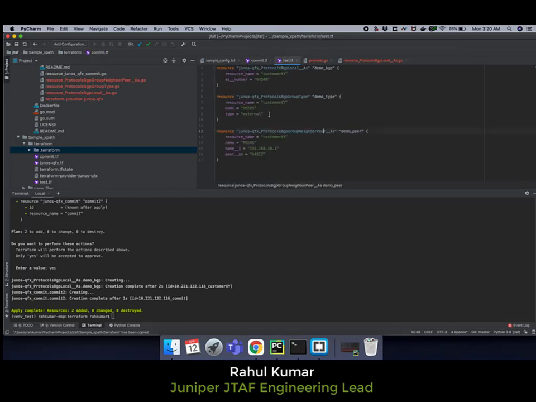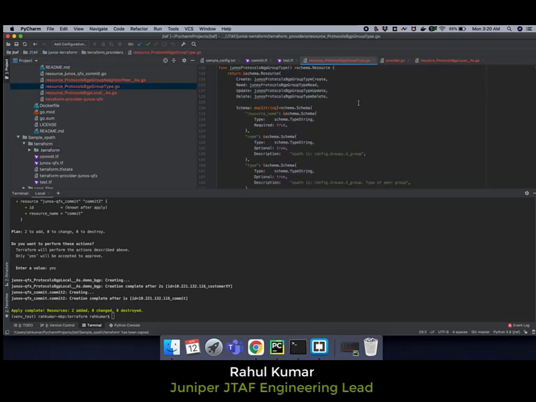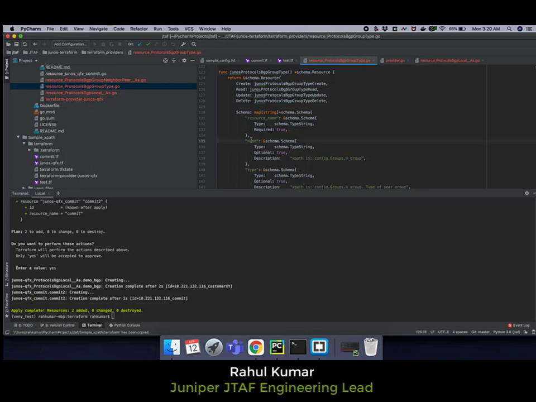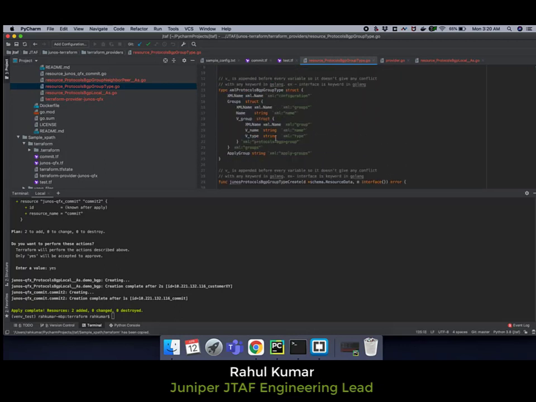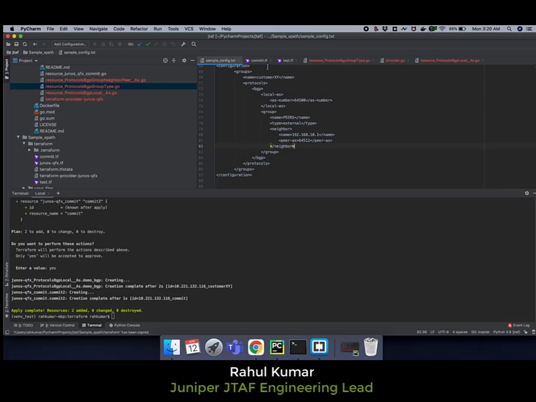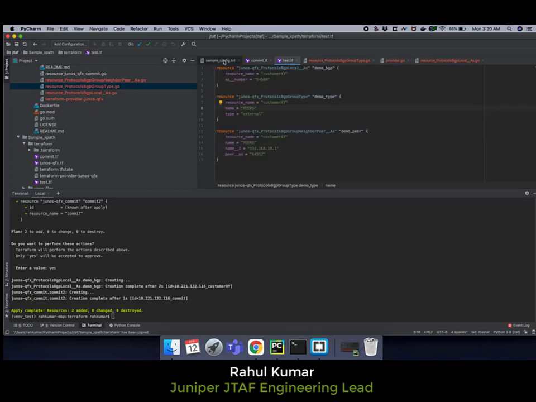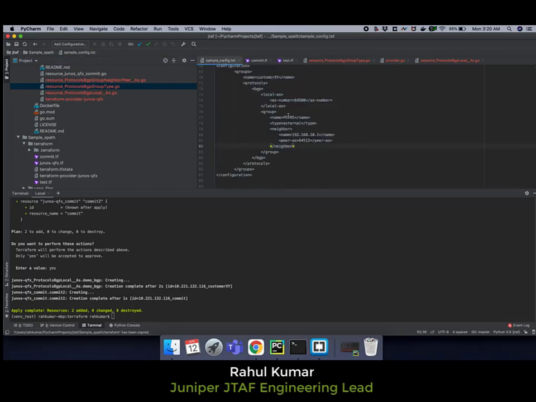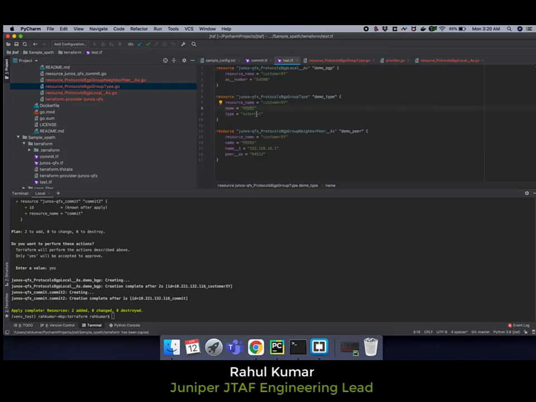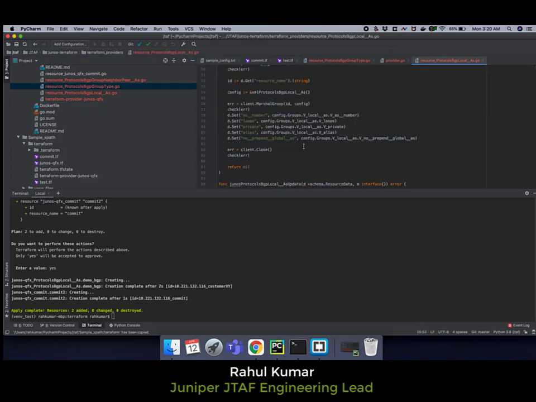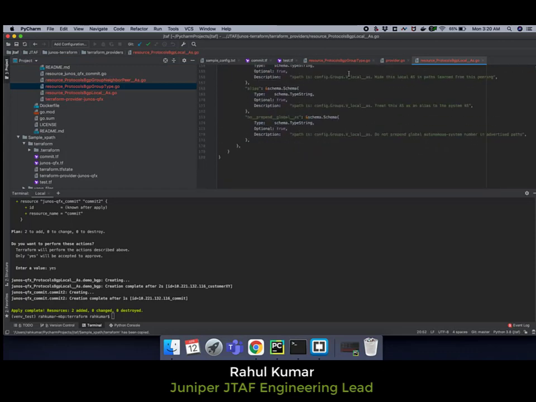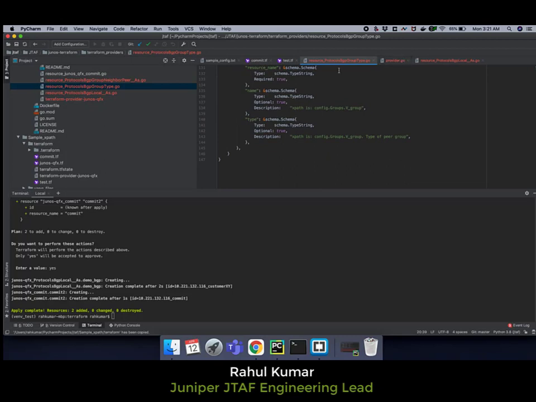So how do we get these values? We will first check group type. If we go down, we have name, since this configuration was a list, and for every list we need to provide the key element. This was part of the configuration, so we will provide the key element, which is peers. I've taken the same value which was there for the configuration, and type as external. If you see type as external, both of them are configured.